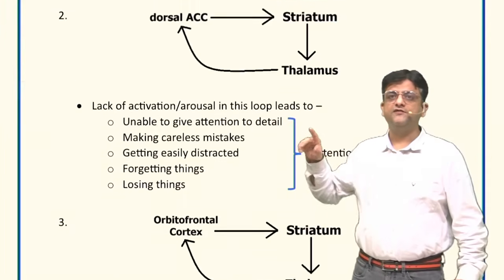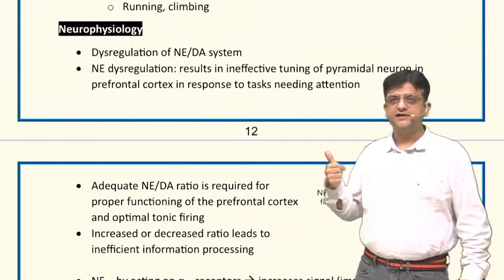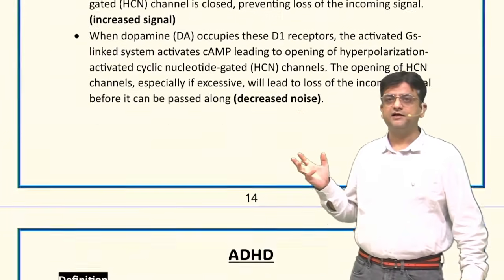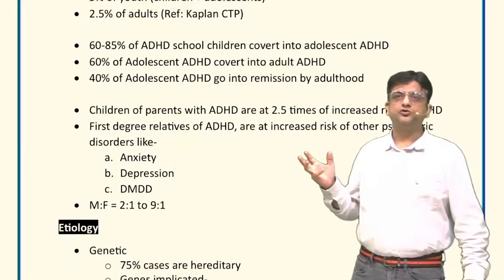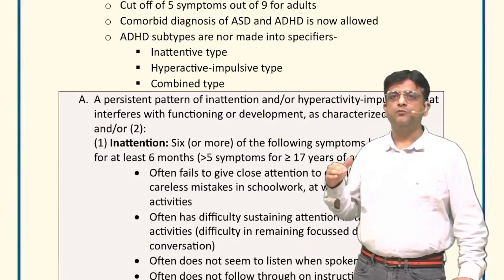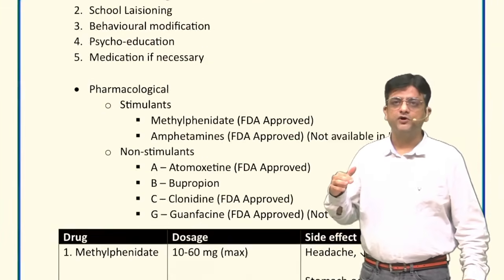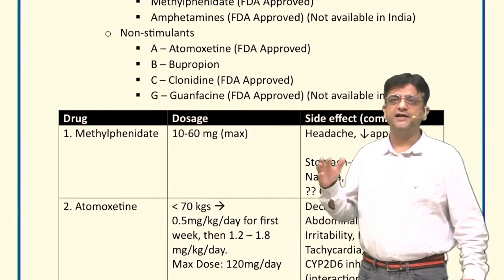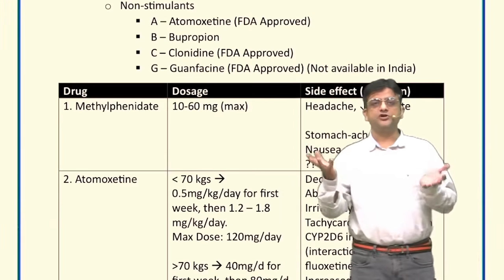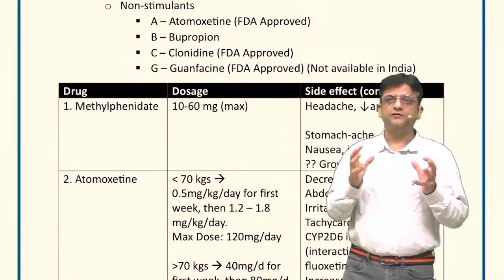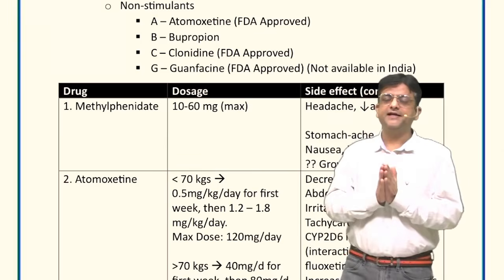So I have gone to the level of explaining the biology. This lecture is also available on YouTube. The neuronal firing, every essential diagram. So ADHD, we have gone into a little more detail because it is required for us. When we talk about ADHD, we need to know the guidelines, we need to know the prescribing. So it is also useful for practicing psychiatrists who are looking for some guidelines in